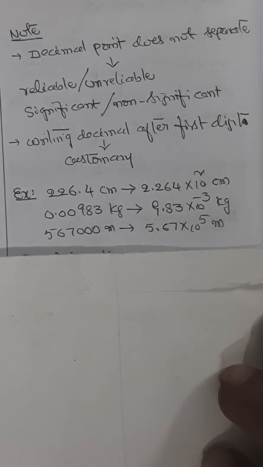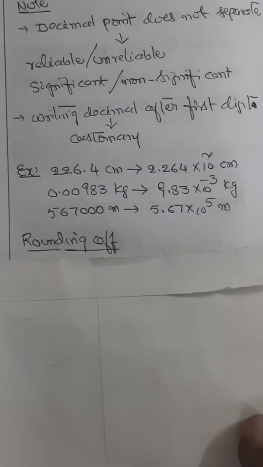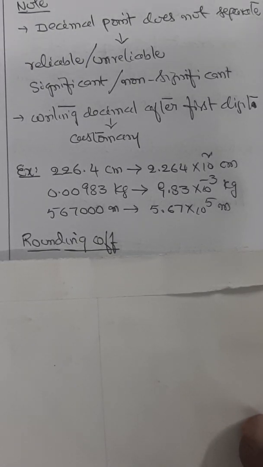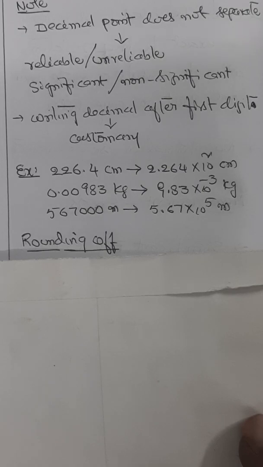Now let us understand what is known as rounding off numbers. Normally when we conduct an experiment, we observe certain things and note down the observational points. Based on the observational points, we substitute those in a formula and try to calculate and simplify. While simplifying, we round off certain decimal points. But for rounding off also, there are certain rules and regulations. Let us understand the rules involved in rounding off numbers, one after the other.